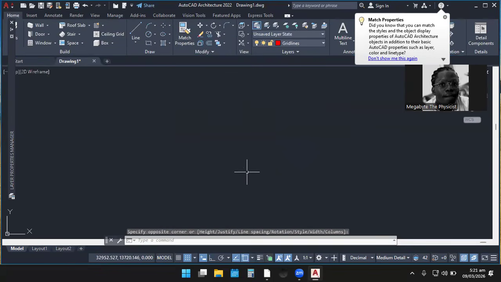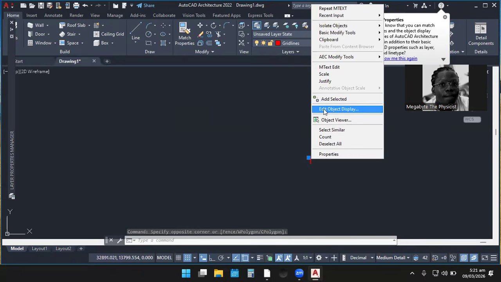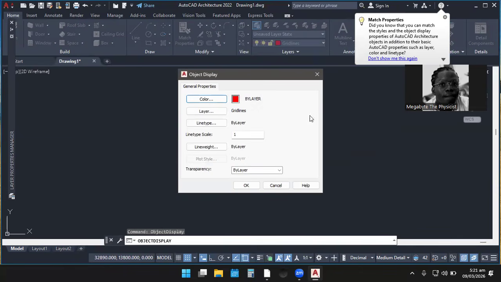Can we see it? You see that it cannot be seen. So we can highlight it or we can re-edit it.